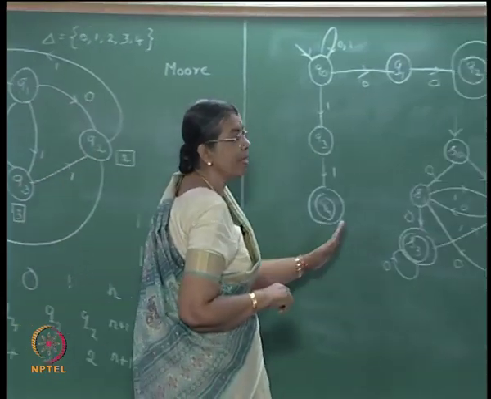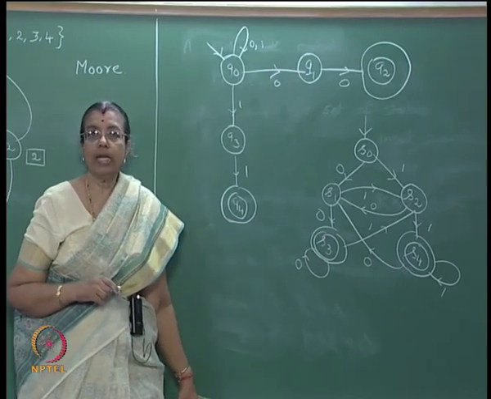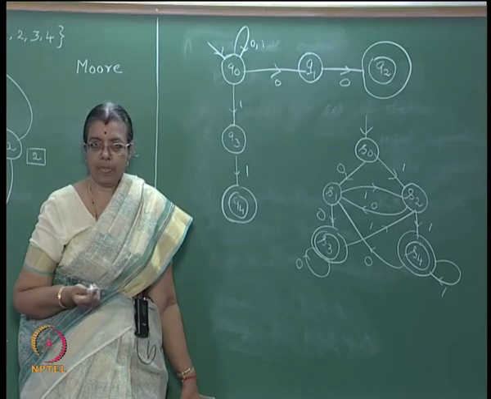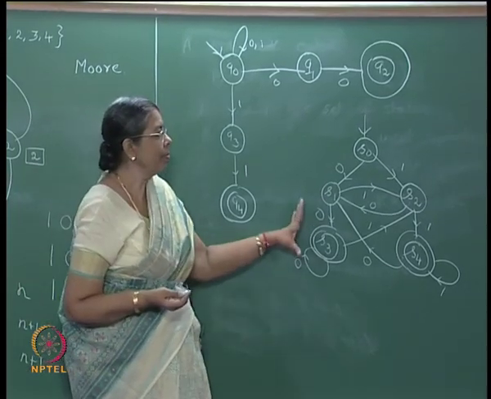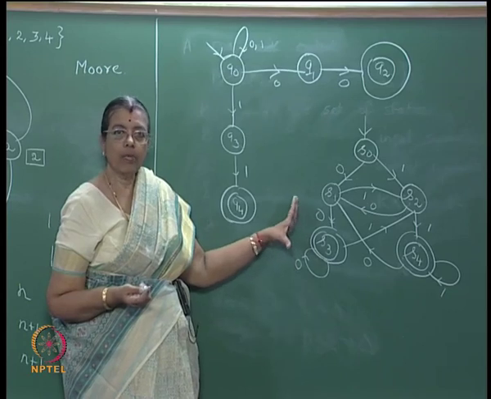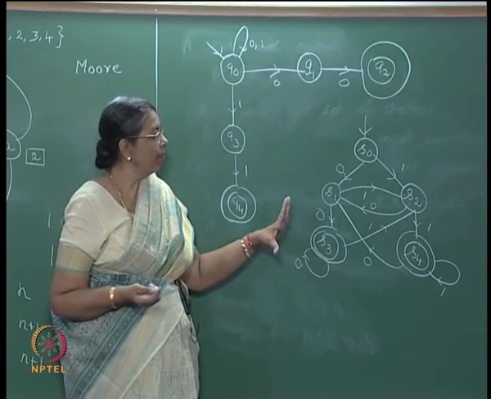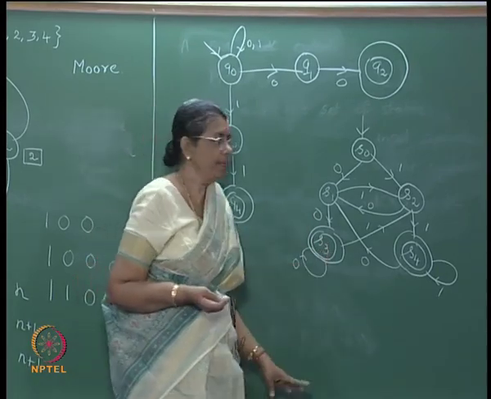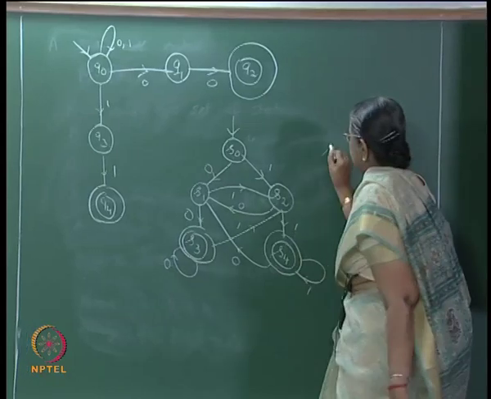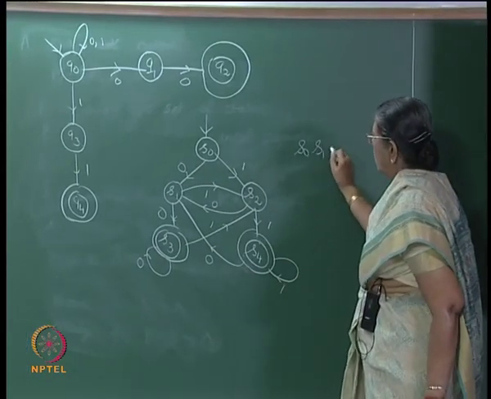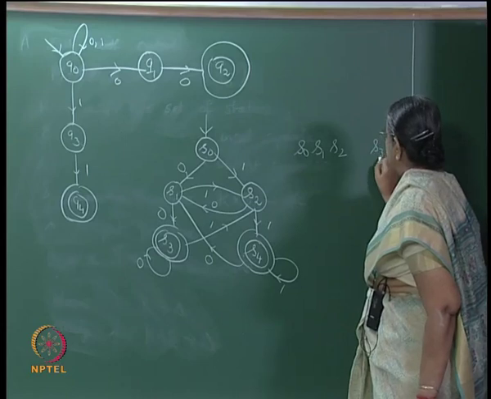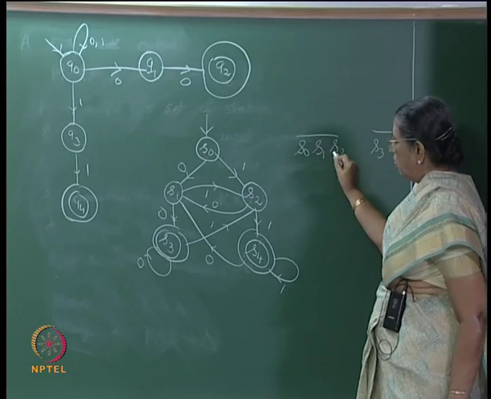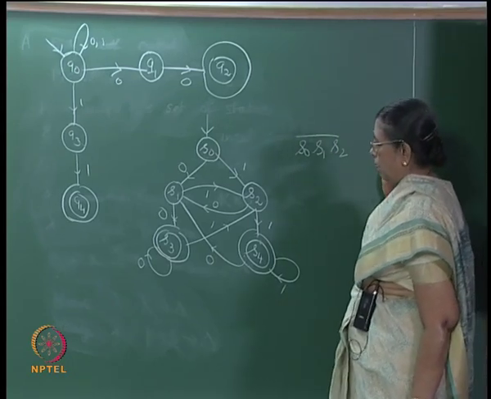Now, is this the minimum state automaton? We know, given a deterministic finite state automaton, how to construct the minimum state automaton. Okay. So, is this the minimum state automaton, or do we have another automaton which has less number of states? Let us use the minimization procedure and check. Now, first you divide the set of states into final and non-final. So, 2 blocks you have, S0, S1, S2 in one block, S3 and S4 final states in another block.